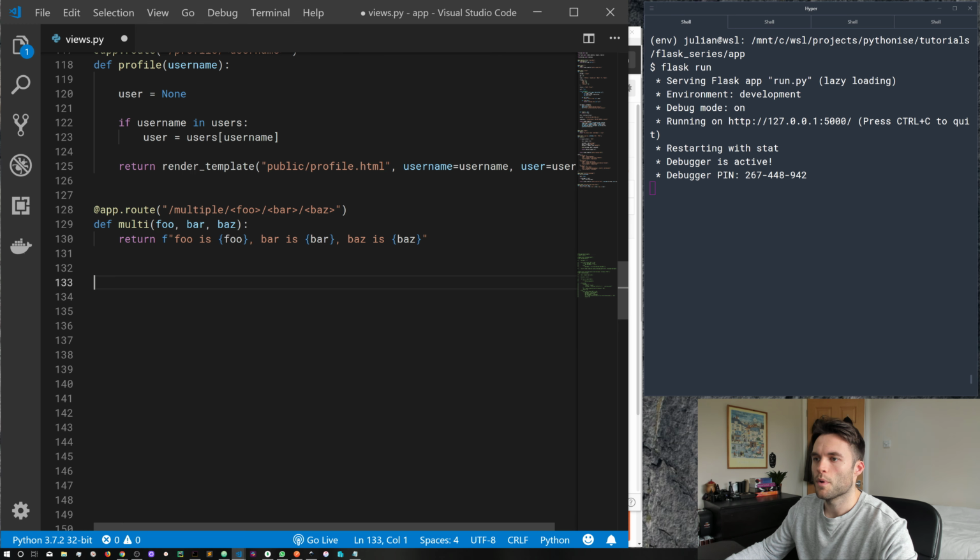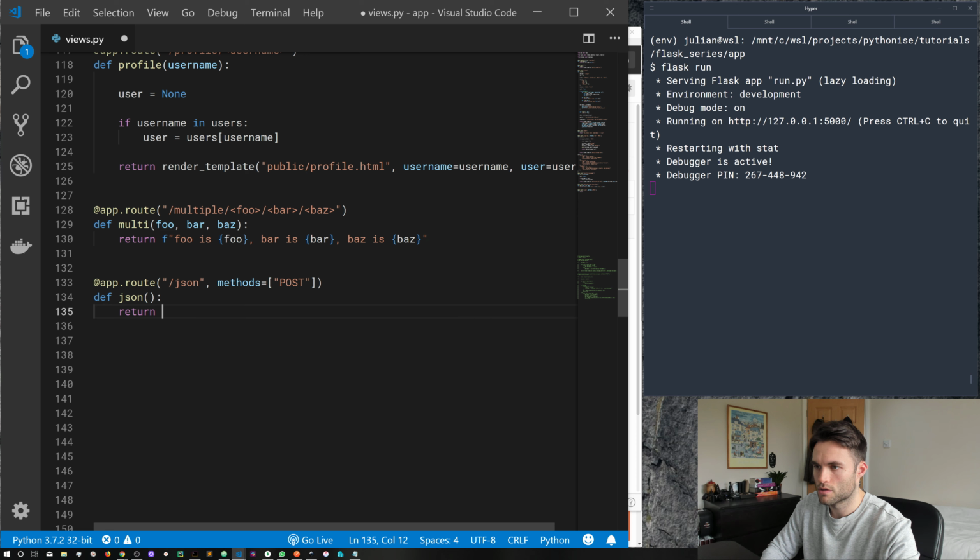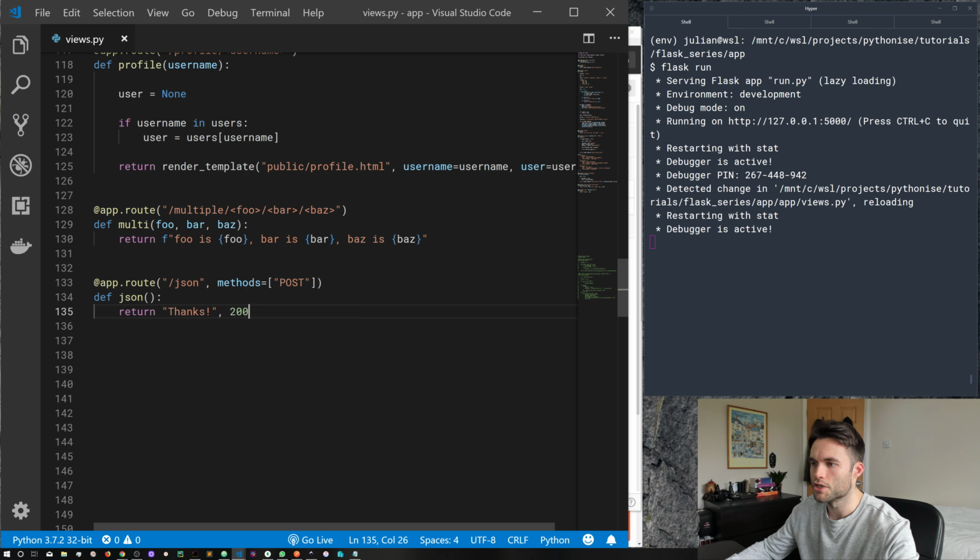So JSON, how do we work with it in Flask? Well, in this episode we're going to be sending and receiving JSON, and we'll do it all from the same route. So let's go ahead and create a new route. I'm going to call it JSON. And we're going to be posting data to this route, so we need to give it the methods argument and the type of method we want to use. In our case, we just want to use POST. So let's go ahead and create our function underneath. I'm just going to call it JSON, and I'm going to return just a simple string along with an HTTP